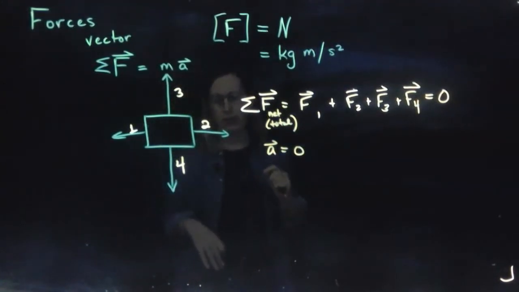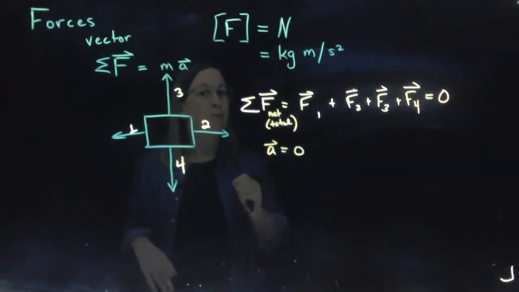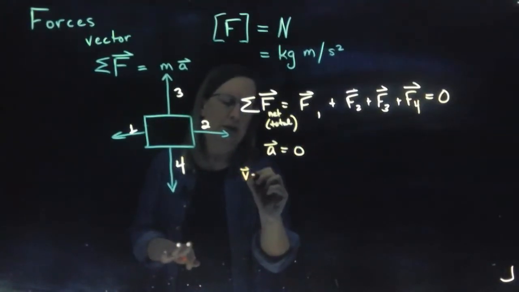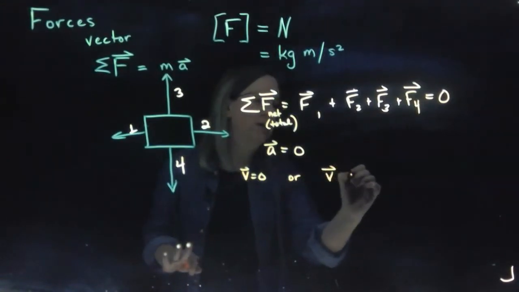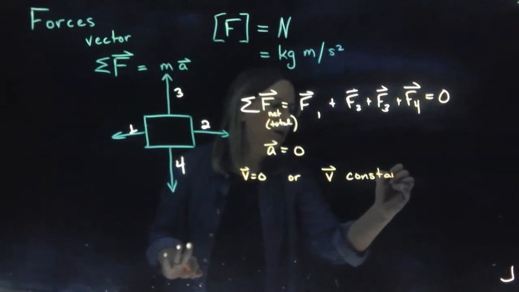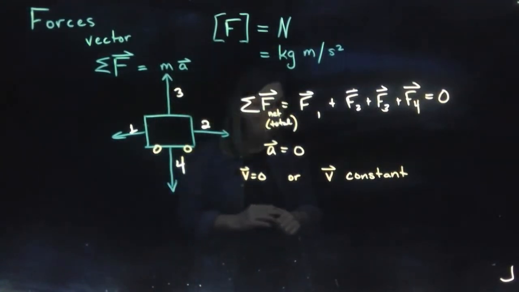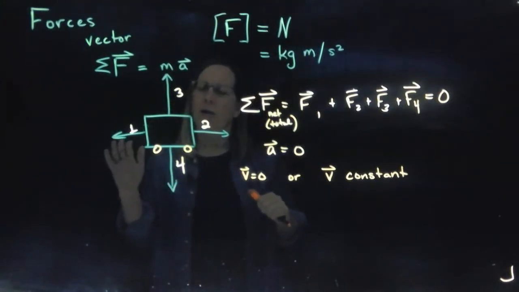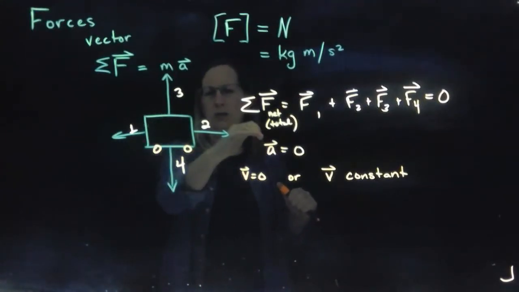Now here's where it gets tricky. Just because the acceleration is 0 does not mean that it's not moving. This can certainly be something that's at rest, so it could be that v is equal to 0 and it's just sitting there, or it could be v is constant. And in fact, this can be a diagram of a car moving at a constant speed, going 55 miles an hour north, where the engine maybe is pushing the tires against the road, so it goes in this direction,